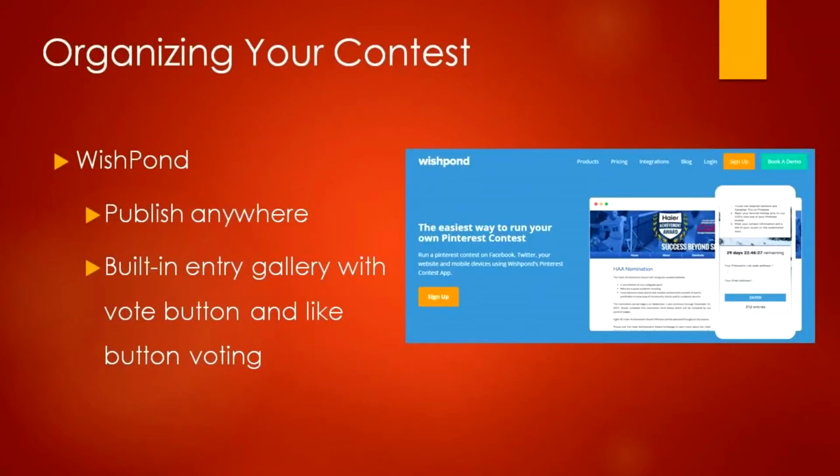Wishpond is a third-party contest app that sets up your social contests and gets your contests ready for mobile. You can create a Pinterest contest within minutes, and the contest app makes it easy to create your contest with your own branding, colors, and voting gallery. Also, you're able to publish the contest anywhere. For example, you can run Pinterest contests on Facebook, Twitter, or your website, having it work perfectly on desktop, tablet,